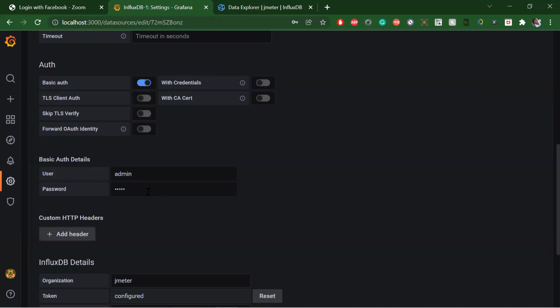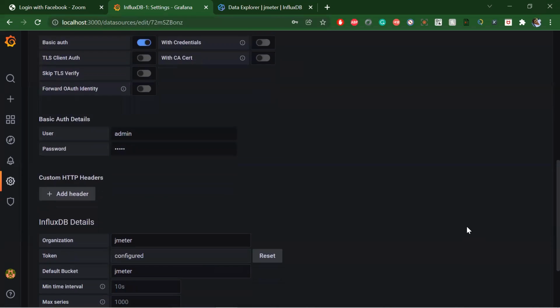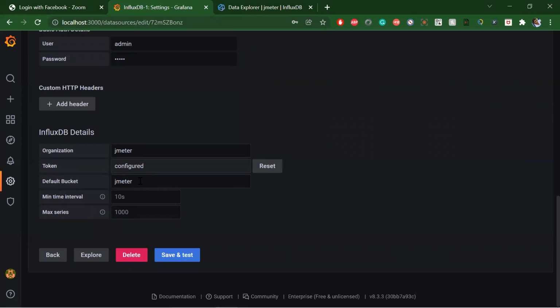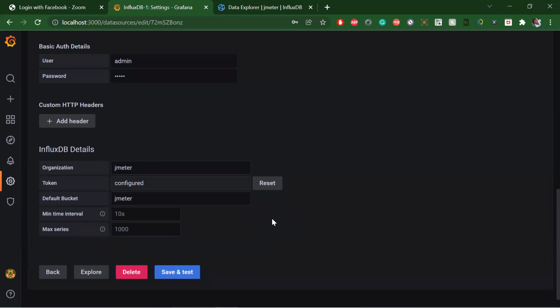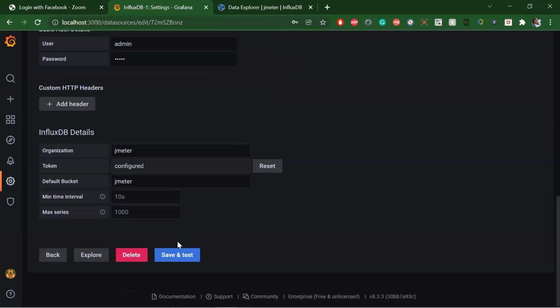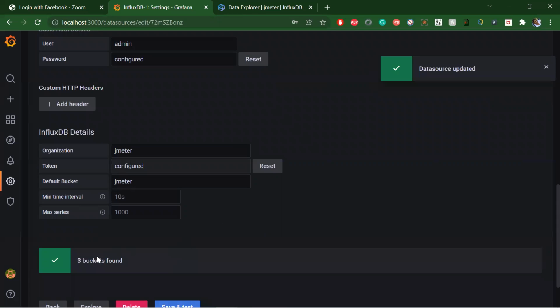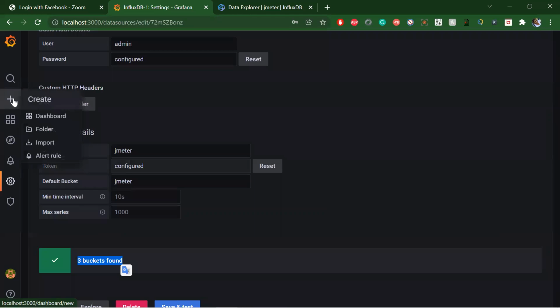Organization JMeter and bucket JMeter, which I created earlier. Then click on save and test. If 3 buckets are found, it means your Grafana is properly linked to InfluxDB. Now we have to go to the dashboard to generate the graph.